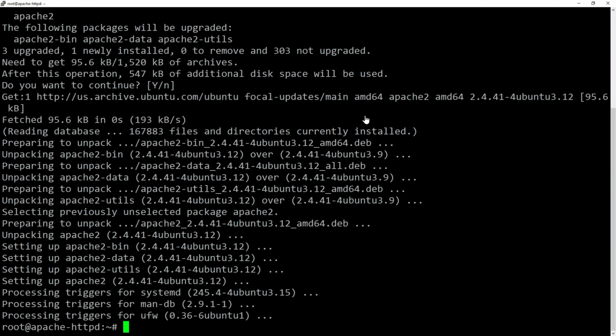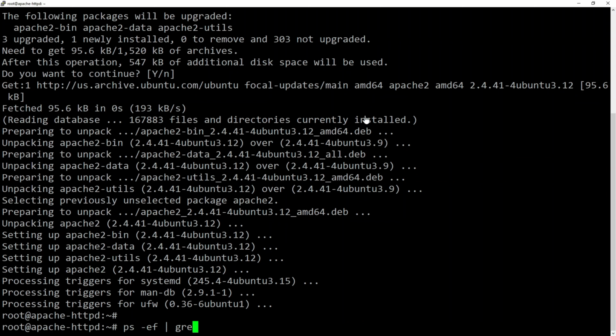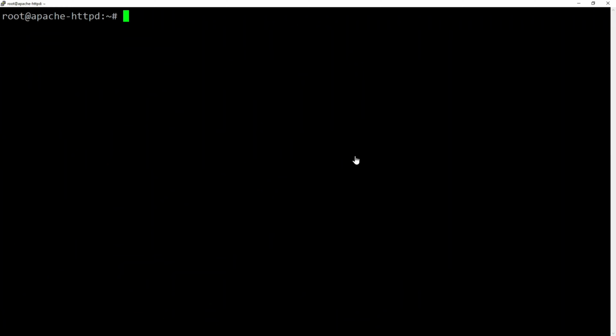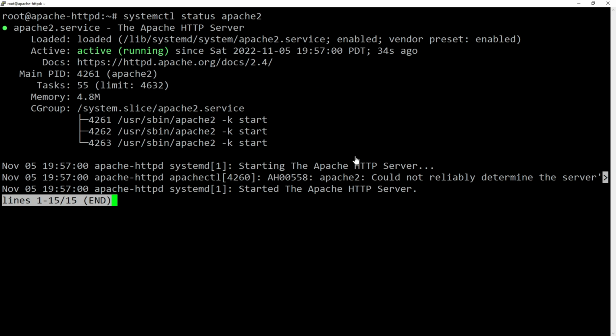All right, let's see if the Apache process is running. Grep apache2, and it is. Now let's talk about the steps to start and stop Apache. I'll clear the screen to make it easy to see. systemctl status apache2. This tells you the status. To stop Apache, you run